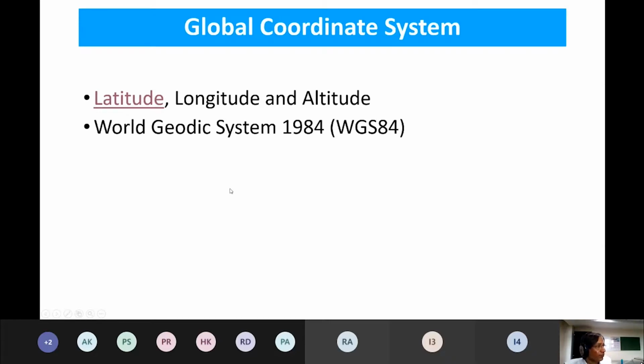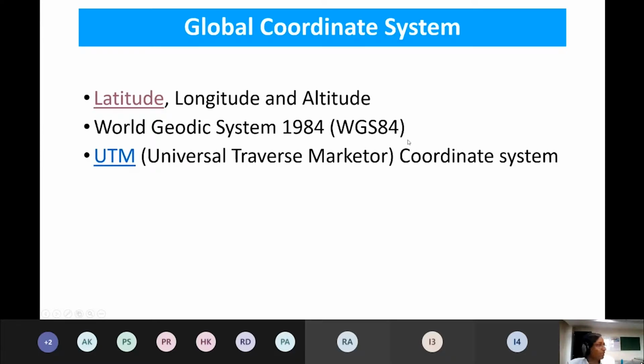Then we have WGS 84, that is World Geodetic System, which survey was done in 1984, and thereafter it has been updated a number of times. Based on this survey, another coordinate system, UTM, that is Universal Transverse Mercator system of coordinates, has been developed. You can see here